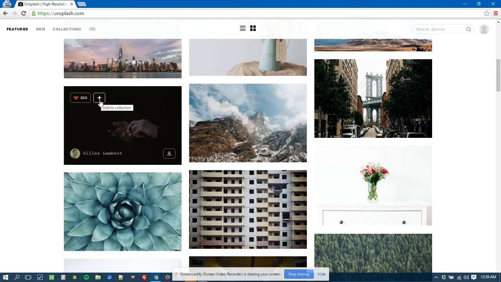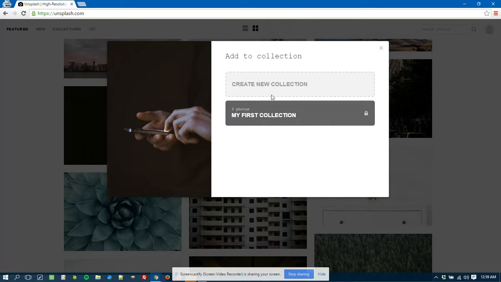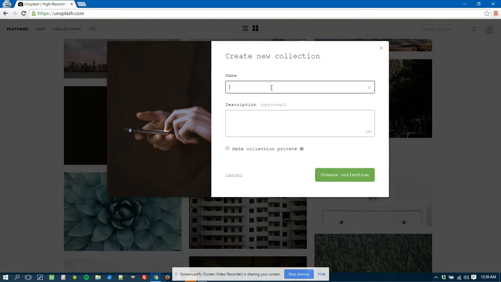But one of the great things about registering is you can create your own collection. So you can save things for later. You can organize them by topic. So let's say you click on this little plus sign, you can add it to a collection. Let's just say you want to call it website project. Oops. My new website's photos. Now you can see here that you can either make your collection private